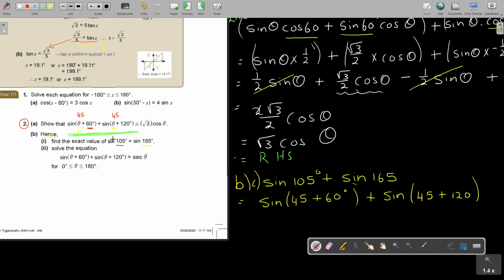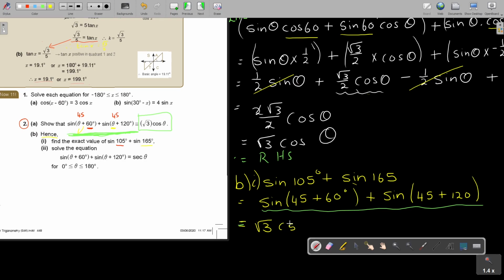Did you see that? So basically, I can say now that this is equal to this. So in the place of this, I can now write that this is going to be equal to, let's just keep to yellow, equal to square root 3 cos,